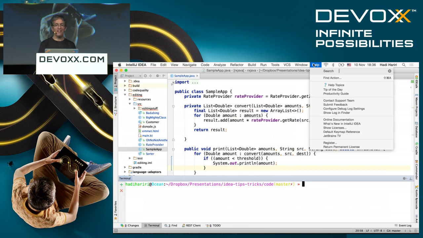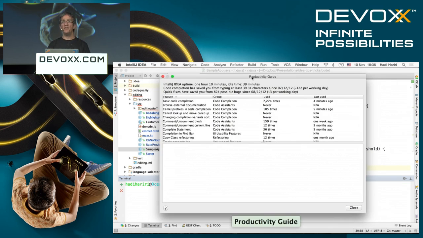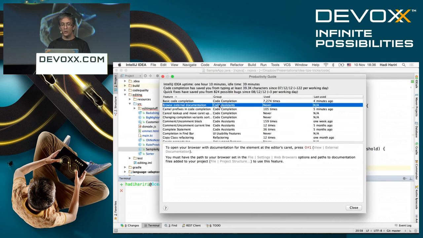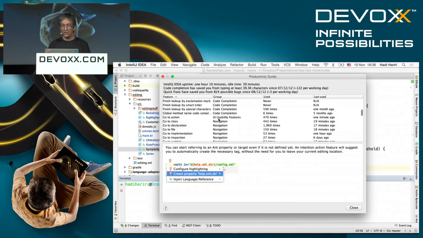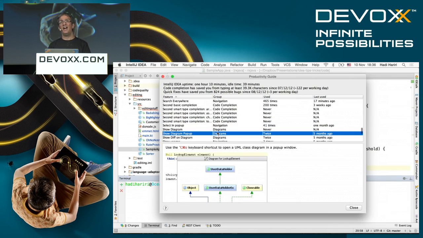How many of you here have gone to this thing called Productivity Guide? Four people. You probably think it's a PDF that opens up on the website. It's not. We just named it badly. What this is, it analyzes everything you do, and then it tells you what you have used and what you've not used, and for every one that you click on, it gives you information about what it is. So basically, if I had shown you this at the very beginning of this session, you didn't need to stay here. Okay? And with that, our time is up.